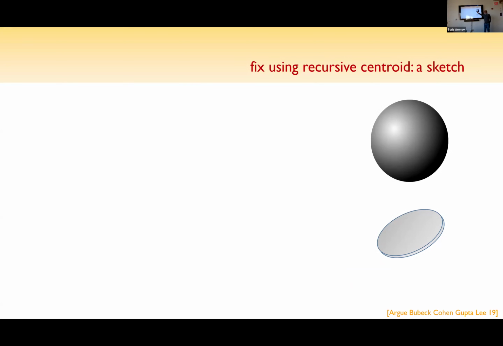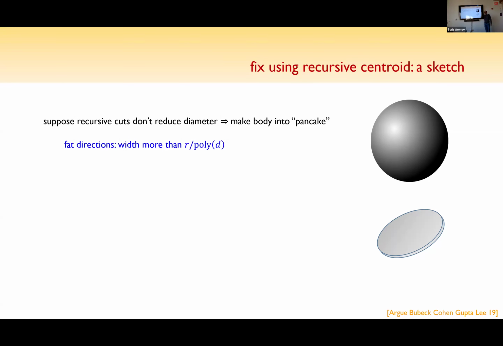But it's not there. So let me give you an idea of why it's not there. Suppose you started with the ball and you started playing this out. The volume is shrinking, right? So what can happen? Either you get a much smaller ball, in which case you declare victory, or you get a pancake. The diameter is large, but the volume is small. But then I want to claim that there must be a thin direction. You're walking in the plane. So basically, this is essentially a two-dimensional body. It's not a three-dimensional body. So we should treat it as a two-dimensional body. It's exactly what you said.